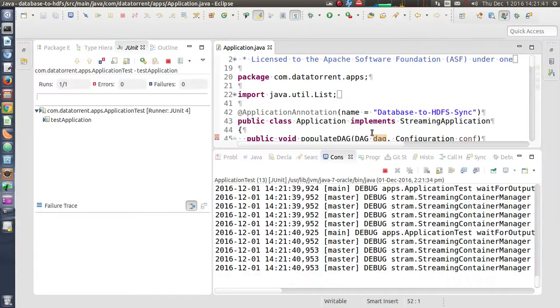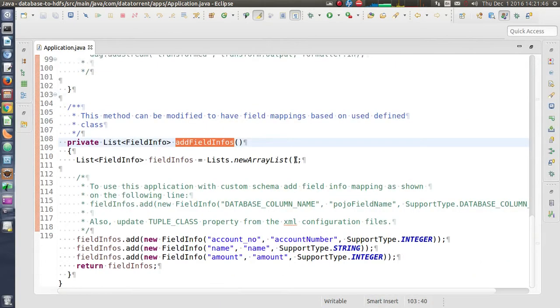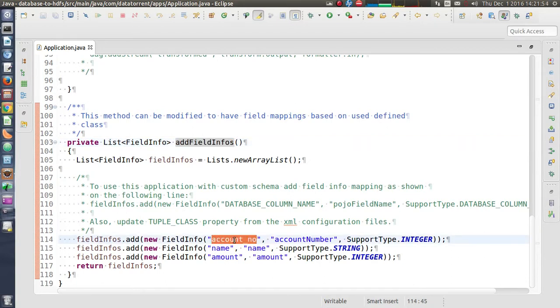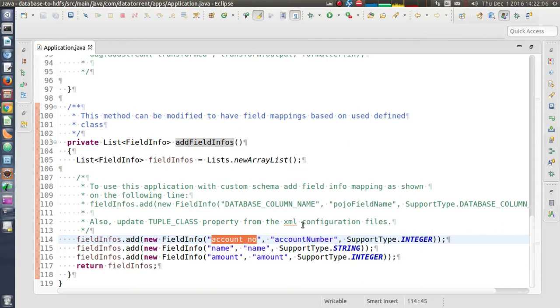In the meantime, let's look at what this addFieldInfo is. AddFieldInfo defines the mapping from the column names in the database to the field names in the Java object. So we have account number, name and amount mapping to respective fields in the Java object, and then the third argument is the data type.